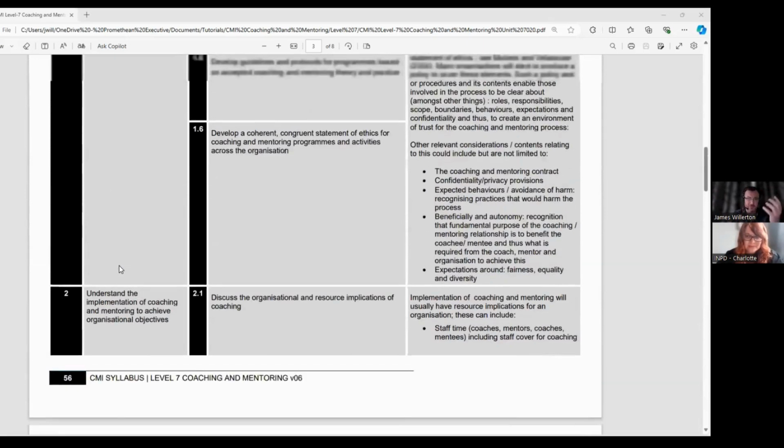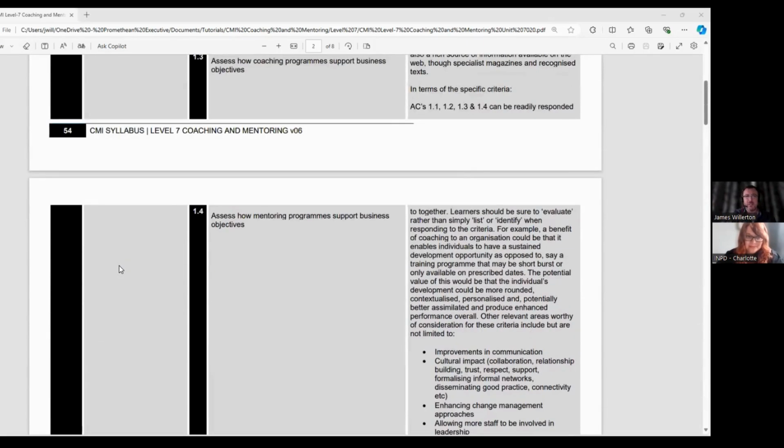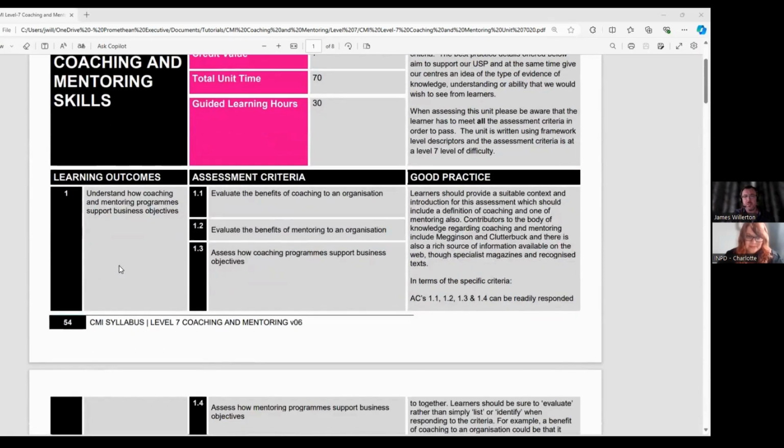For example, there are sometimes questions about maybe the benefits of coaching and mentoring. Again, you could write a list as long as you like, but my advice would be to select maybe 2 to 4, maybe 5 benefits, and then come up with a good evaluation of what you think they are. That's better practice. It keeps your work tighter, keeps under the word count a bit better, and delivers what the question needs without going down rabbit holes too much. So, yeah, definitions, command verb, less is more are our tips.